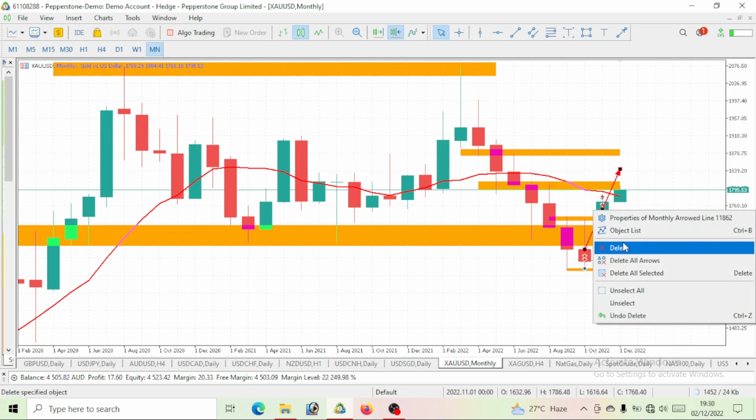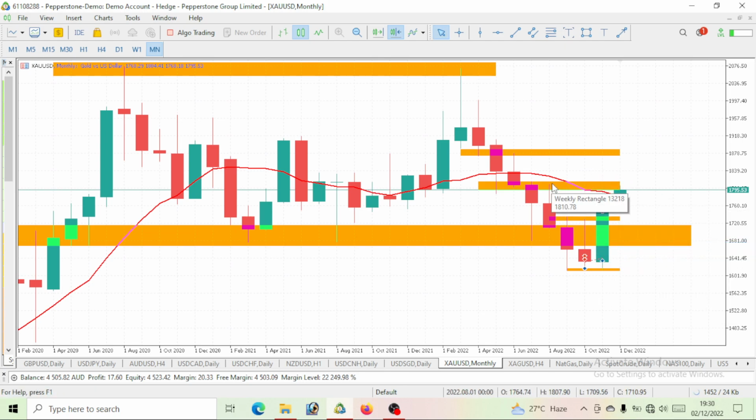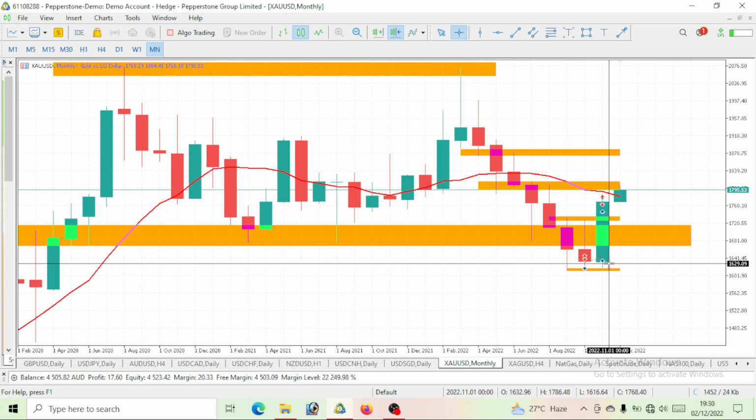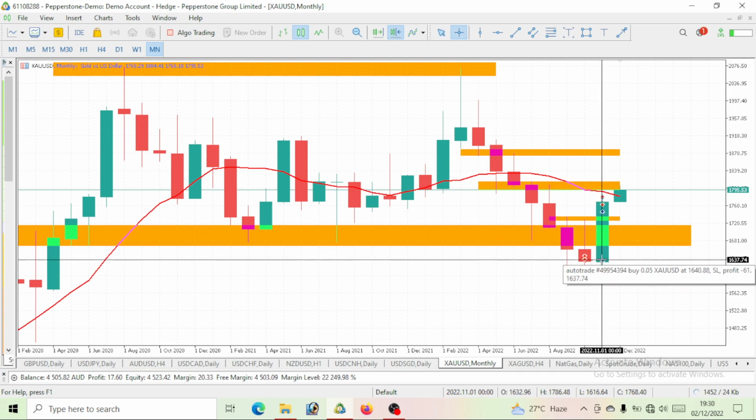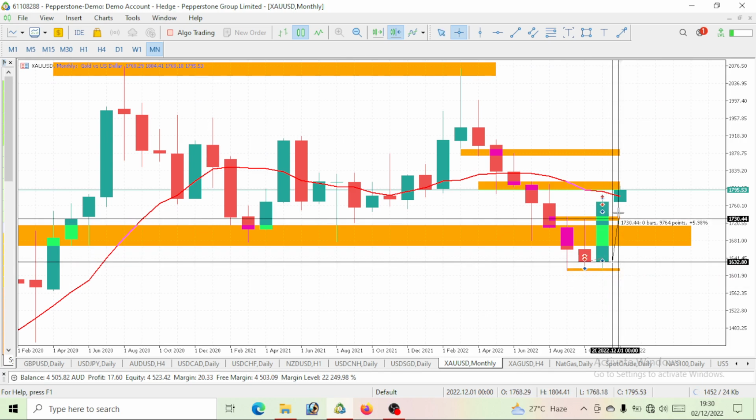So I highlighted this level, told you guys to watch out for a level of 1,800. We actually got it. Now price has broken above this moving average. That is to tell that we are on a bullish move. Notice this was the month of November, right? This is 11 November. We actually opened and closed bullish. So take a look at the bullish move we made on this gold, right?